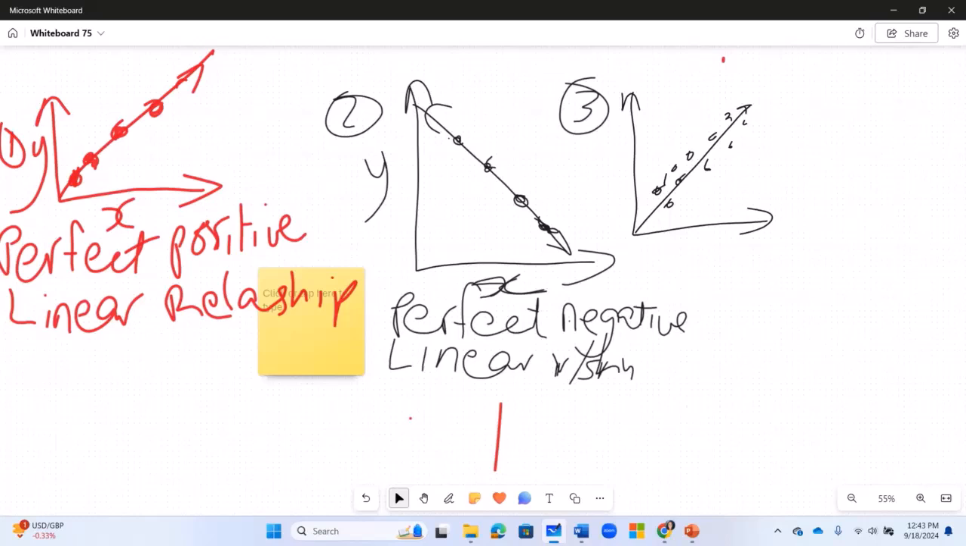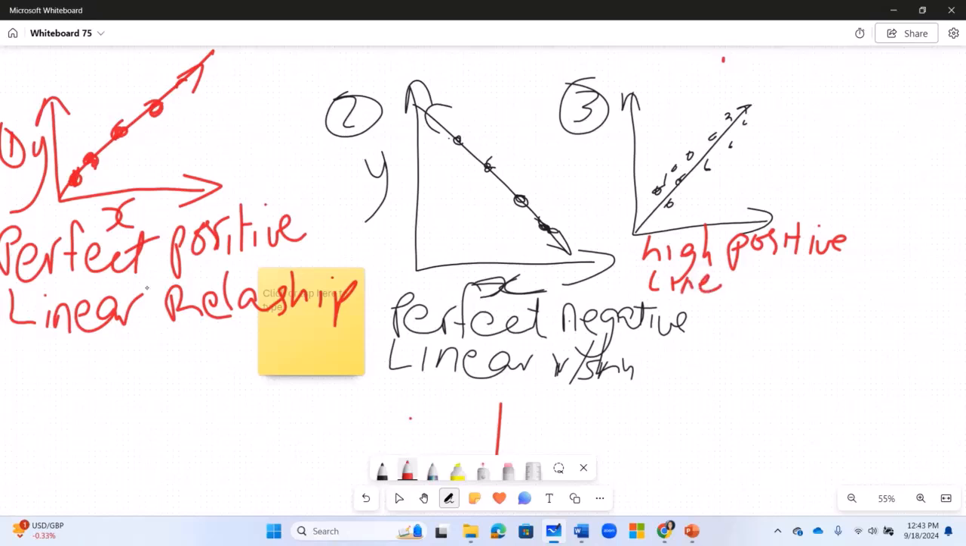We will say high positive linear relationship. So right here, I will say there is a high positive linear relationship. So see, the difference this time is I did not call it perfect. I called it high. Why? Because even though if I eyeball it, the line of best fit has a positive slope, but